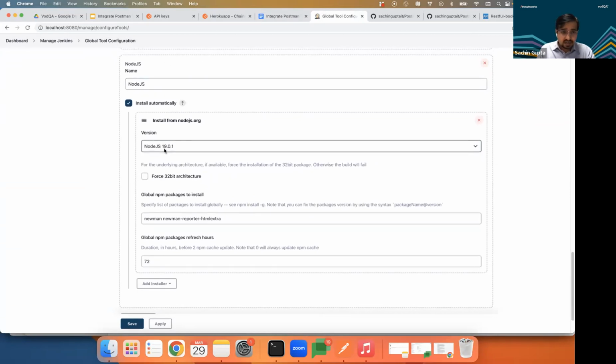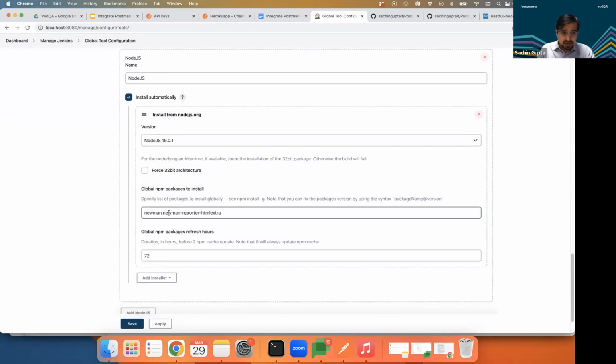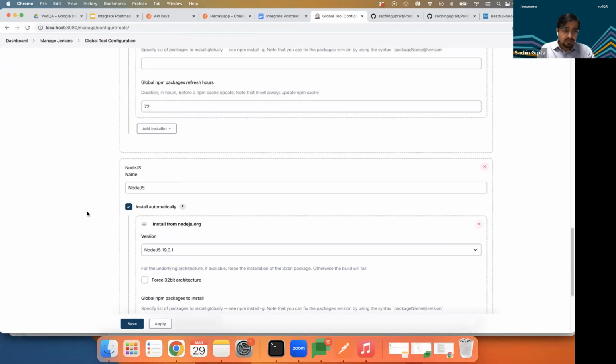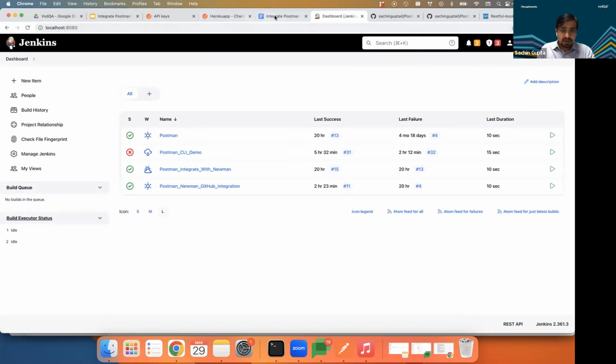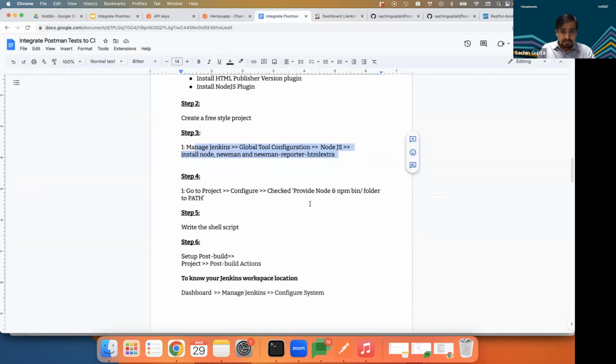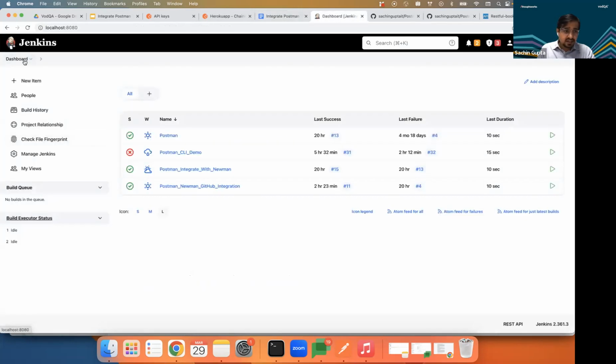Node.js, and here you need to mention the version you are looking for. And I want to install Newman as well as the Newman reporter HTML extra. I want these two packages as well. Just click save. And I'm going back. What is next? Okay, so next it is talking about